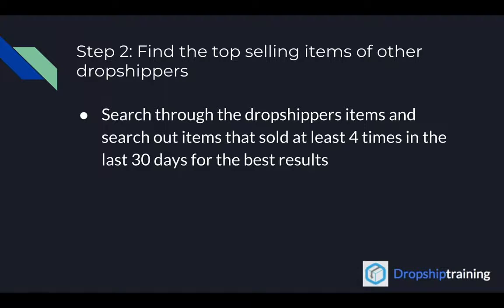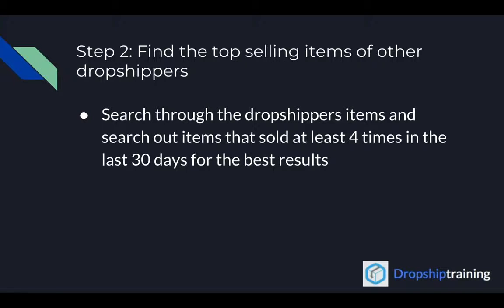finding the top selling items of other dropshippers. This is how you find the top selling items of a dropshipper. So basically, now that you have your list of dropshippers that you know are dropshippers, you want to go through their items, and you want to find the items that sold multiple times in the last 30 days. I say multiple because it's really up to you, but for the best results I found and the way I've been taught, you search for items that sold at least 4 times in the last 30 days